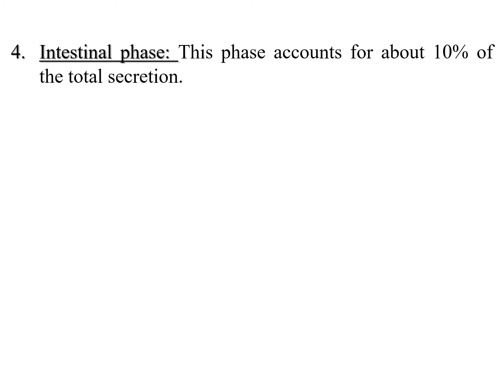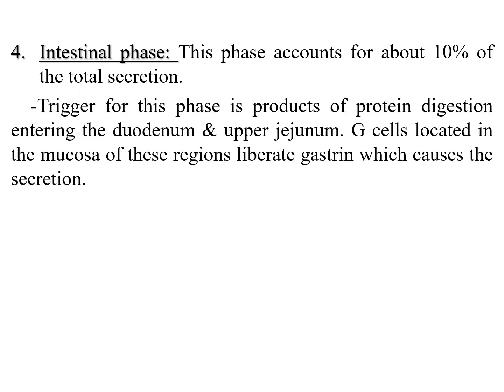The last phase of gastric secretion during one particular meal is known as the intestinal phase and accounts for about 10% of the total gastric secretion during a single particular meal. The trigger for the intestinal phase is the entrance of the products of protein digestion mainly into the duodenum and